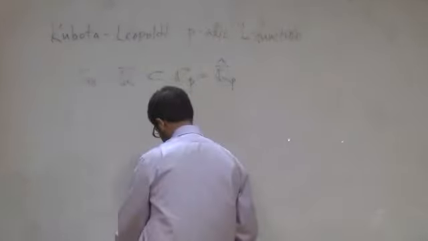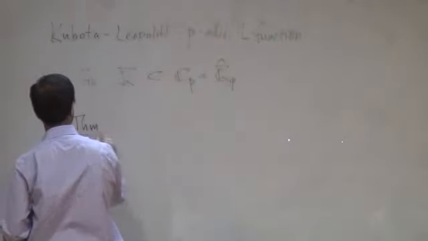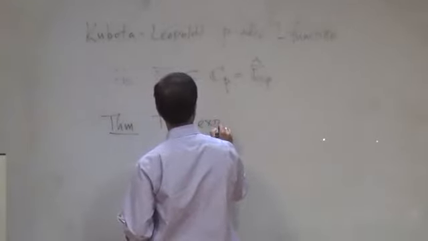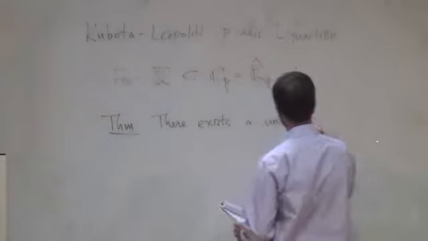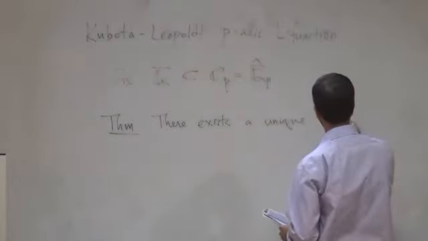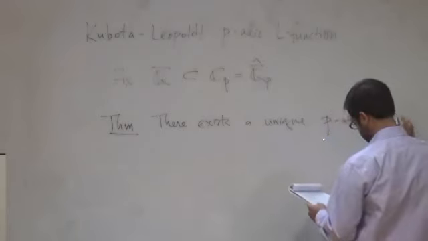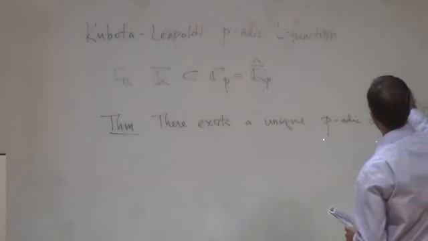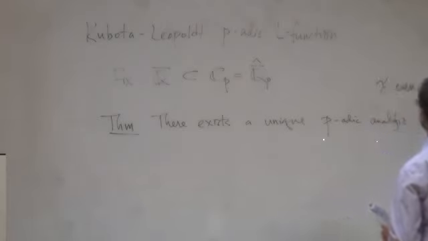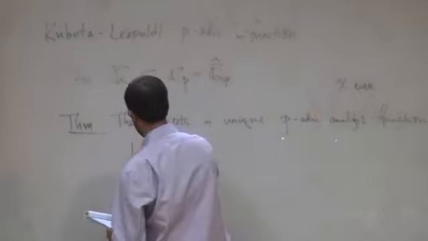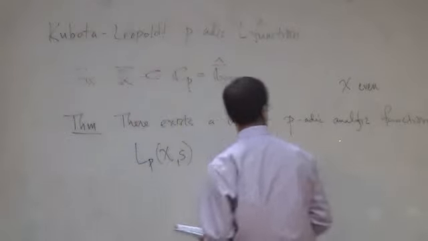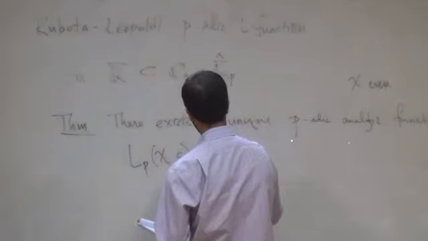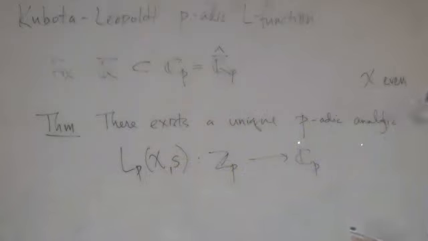Okay, and the theorem of Kubota and Leopoldt is that there exists a unique p-adic analytic function. Here I'm retaining the assumption that chi is even, and the function I'm going to write down is actually going to be analytic if chi is non-trivial, and if chi is trivial, it'll be analytic except for a simple pole at s equals 1. Okay, so with saying that caveat verbally, I'll just write the statement that that p-adic L function is a map from Z_p to C_p, with the following interpolation property,